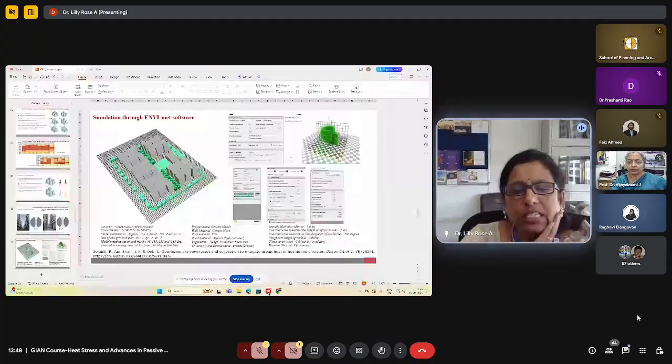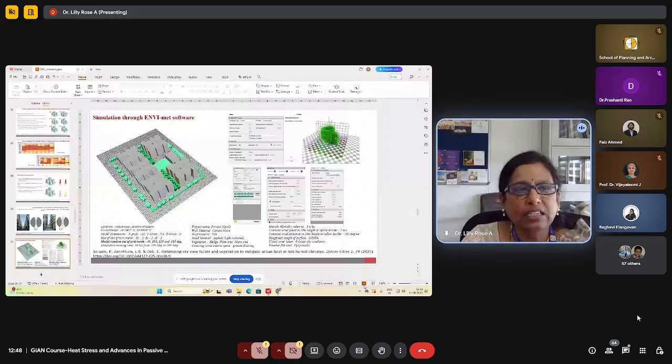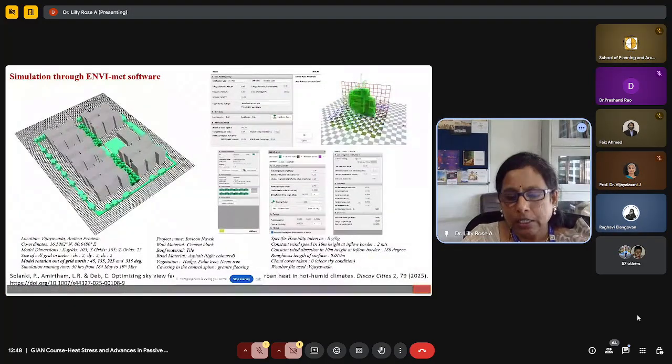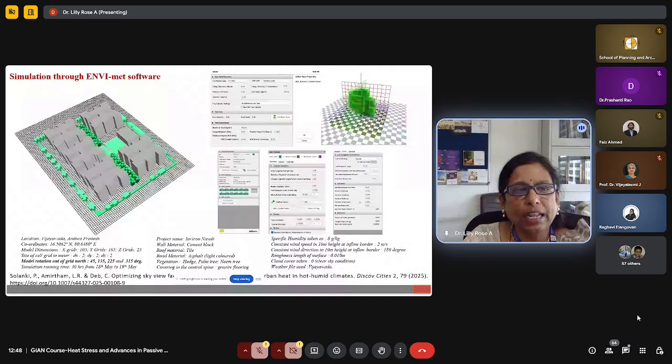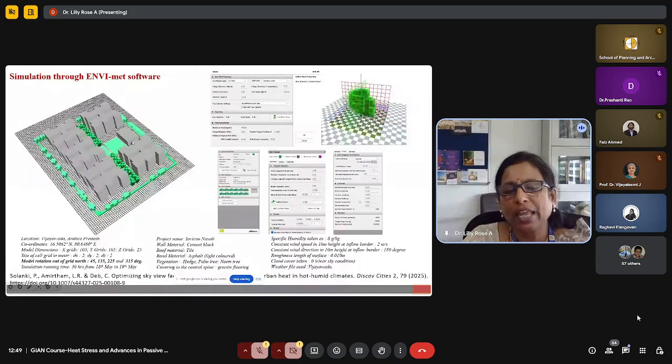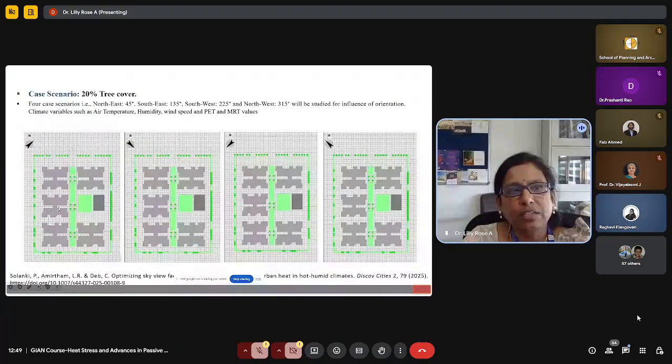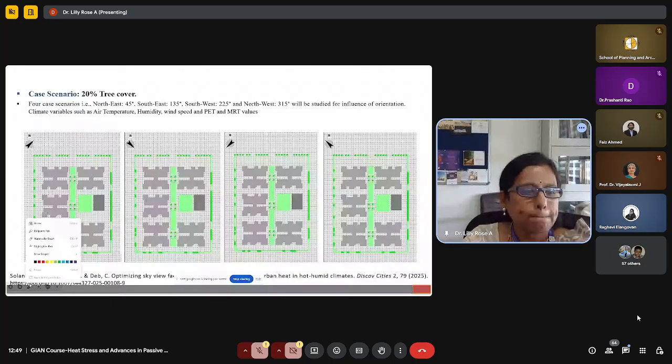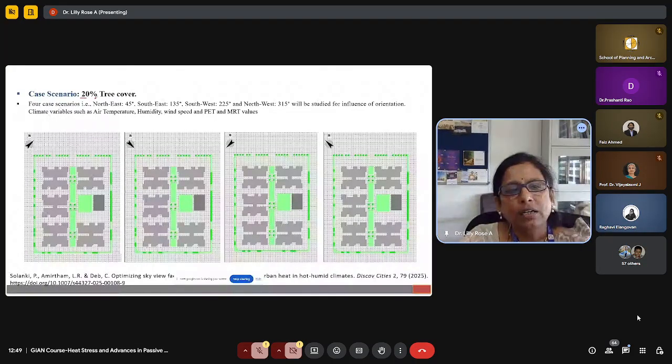So in this study again, we analyzed different scenarios and also different orientations of this particular neighborhood. This is the typical layout which had 5 blocks and a club house. Actually, the existing had 6 blocks. We removed 1 block to create open space there. So this is the kind of scenario that we analyzed. The first scenario was 20% tree cover. So we analyzed in different